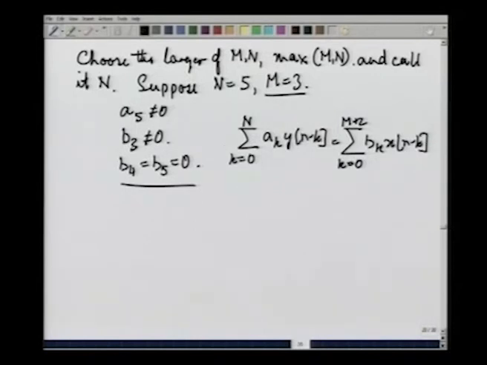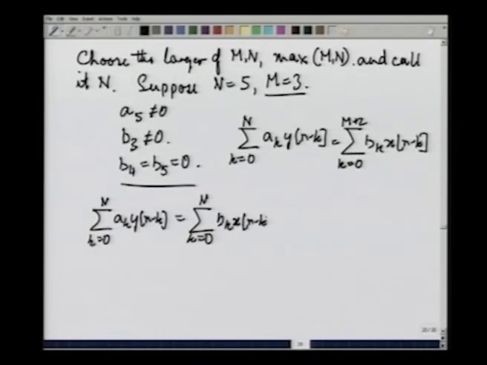Now, since N equals M plus 2, we can call both of them N and simply write summation k equals 0 to N a k y n minus k equals summation k equals 0 to N b k x n minus k, keeping in mind that this is true,